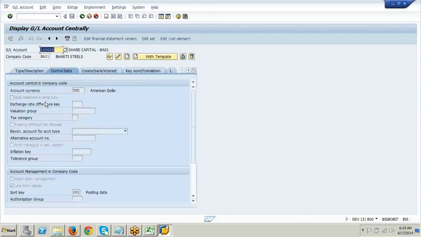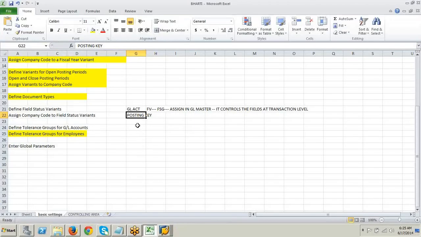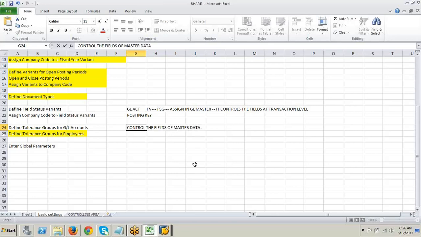Now, if you see here, I can control the fields of the master data. How to control the fields of the master data? That was for transaction data. I hope the word transaction data is clear for you people. Right, everyone?